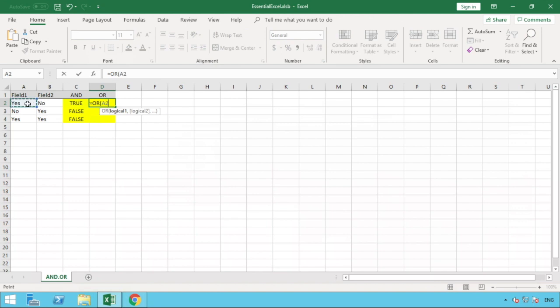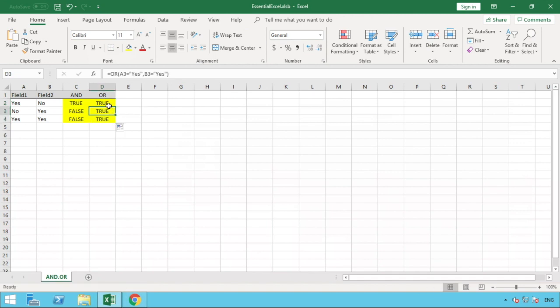select column A and say equals yes, and B2 equals, let's put yes in here. So we've put into our logical expression for our OR statement: if the value in A2 is yes, or if the value in B2 is yes, then treat that as true. If B2 says no, well, I'll hit enter and you can see what happens. And if I then pull that down,